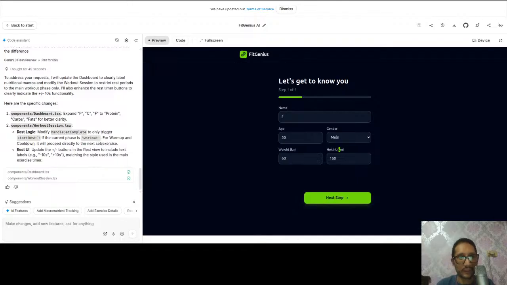Wait. I will add a button to change centimeters to what?